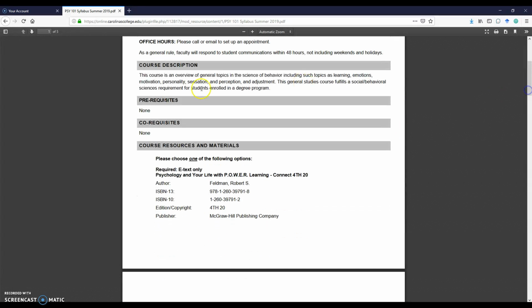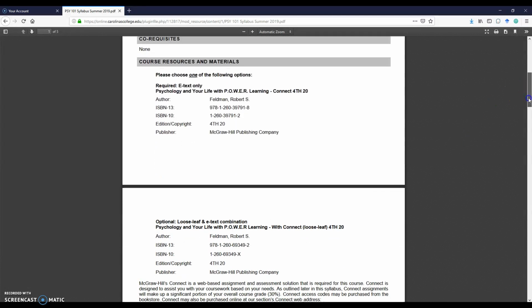So in terms of the course, basically it's a general introduction or basic introduction to psychology. So we'll cover a variety of topics, many basic concepts related to psychology. So a whole lot of breadth, maybe not tons of depth, but we will get a basic introduction. If there are topics that you're interested in related to psychology and you're curious as to whether or not we're going to cover them, feel free to ask. I'm certainly happy to answer any questions you may have. So we don't have any prerequisite or co-requisite issues.